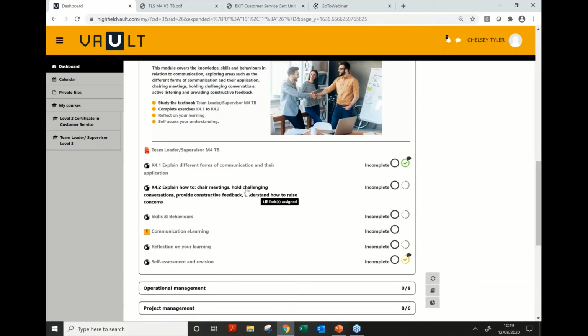Okay, so just one of the last things to show you on how this is built up is I'm just going to click into the skills and behaviours. So again, if you're following my mouse, you'll see that it's just under the 2 knowledge questions. And if I click on here,